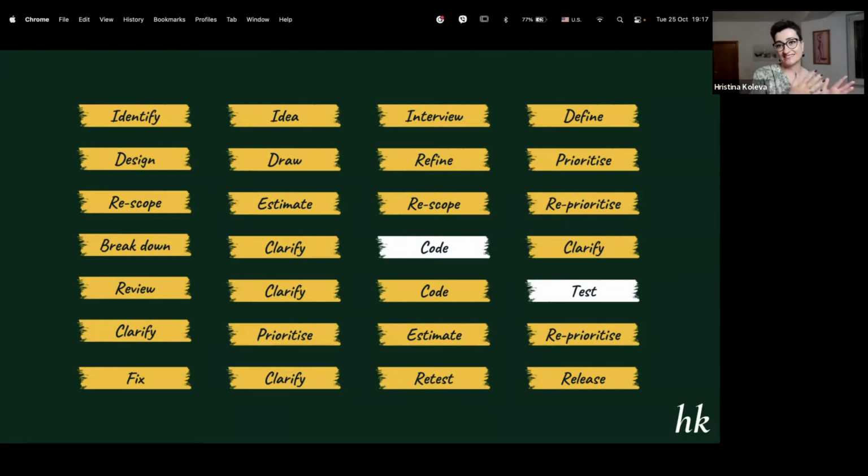There's a discovery, there's an idea, there's interviews of the users, definition of stories, refinements, drawing the user experience, prioritization and reprioritization. Then we start coding. Then there's some clarifications to be made. Then we wait for answers from the product manager because he's at a conference somewhere. Then it's for code review. Then again, there's some clarifications needed, very often. And so forth and so forth.